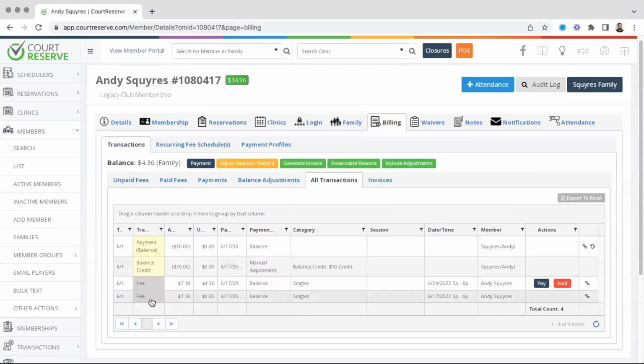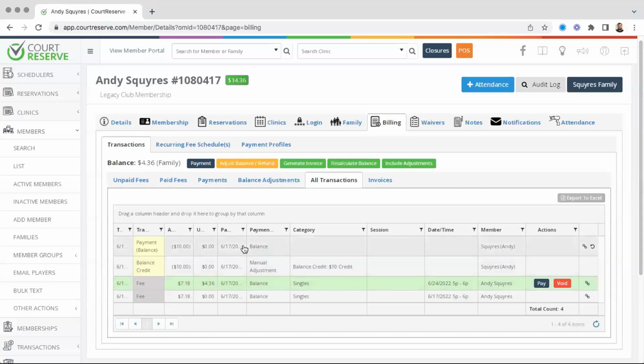And so we can see this older unpaid fee got completely paid. This newer fee here, it was $14.36. The unpaid amount on it is just $4.36 now, because that was what was left over after paying the first fee. So I can see there's a balance credit line here, and then a payment immediately from the credit balance onto the fee. So if you ever see this in your system when issuing a balance credit, just know that